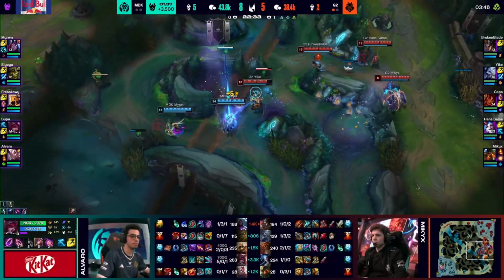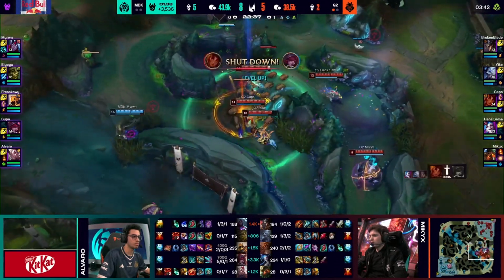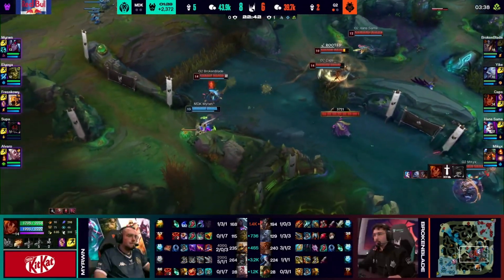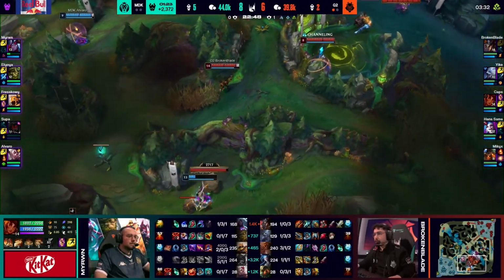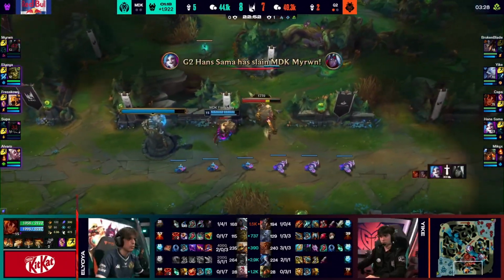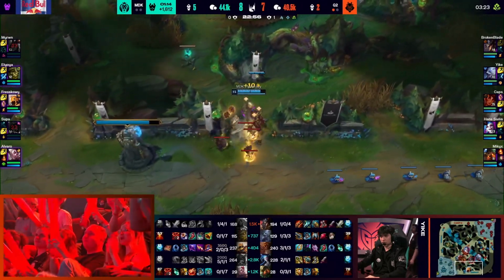That's why G2 are just trying to punish the resets here. Supa? What? Now G2 are on the chase. 42 seconds left on Supa. Broken Blade steps forward. Gold card connects. Cleanse out from Mirwin. Rocket. Oh! Clean hit from Hansama, but we need... What happened there? Was he caught in the wall during the animation of the...